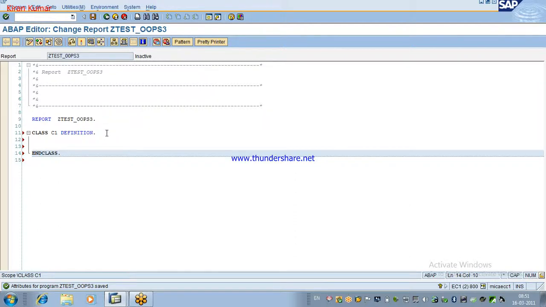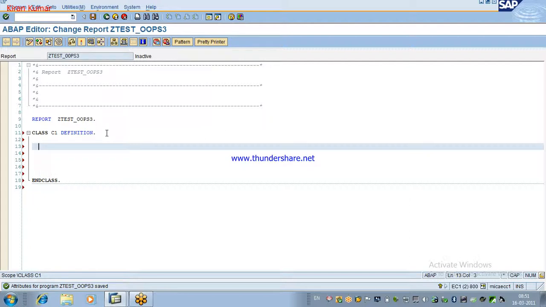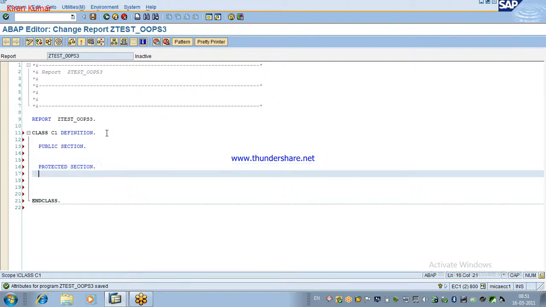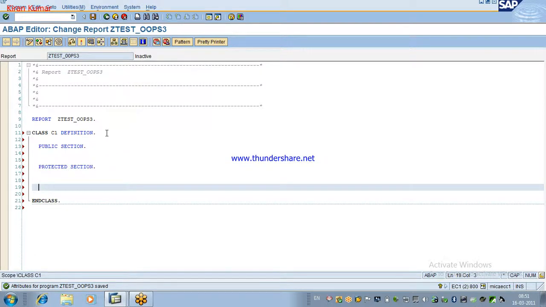A class has 3 visibility sections: public section, protected section, and private section. Put all these 3 sections in the same order. Don't jumble the order.